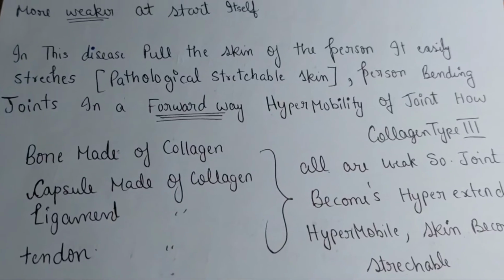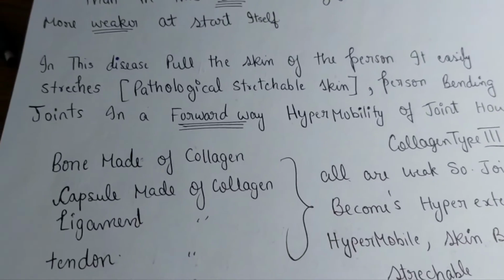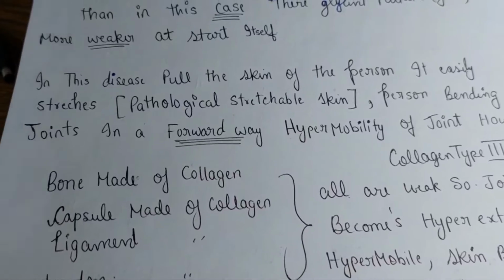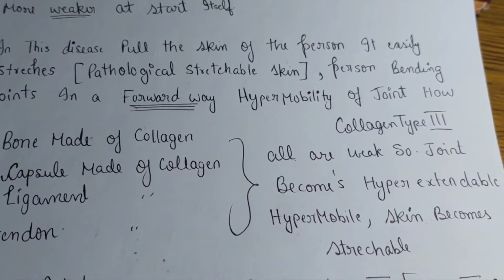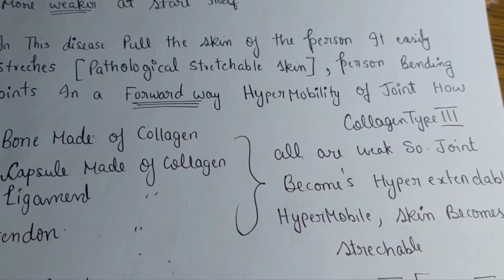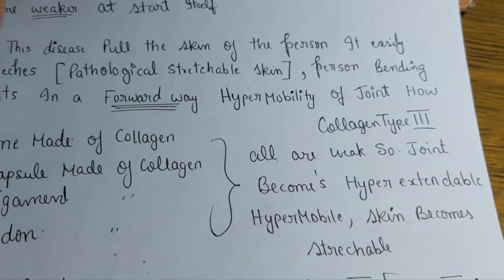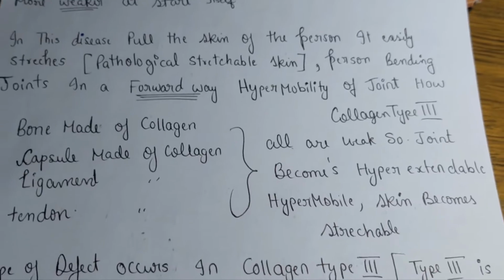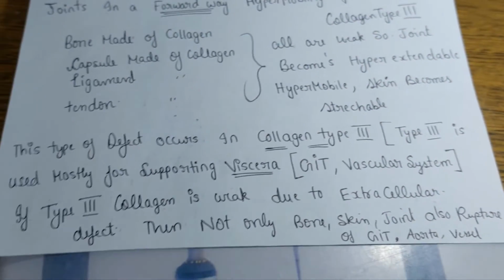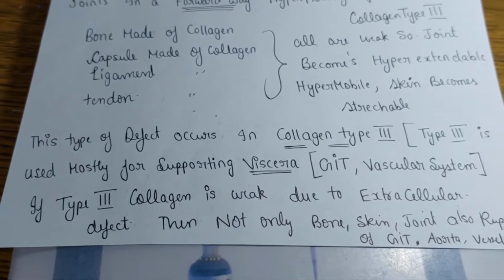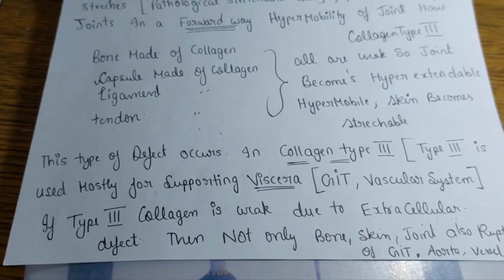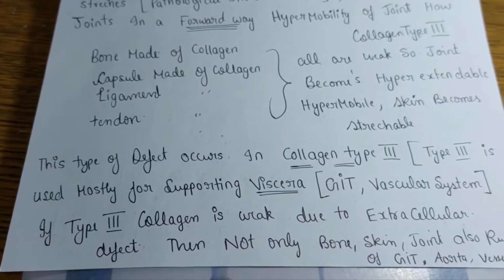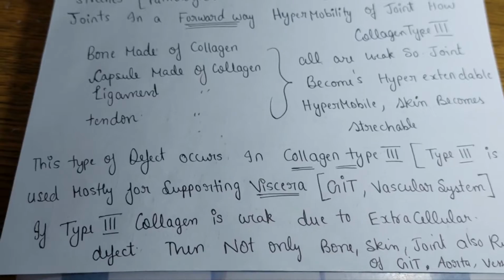There is pathologically stretchable skin, and the bending of the patient's joints is also hypermobile. That is, you can even bend the joints forward more than their limit. This is because bones are made of collagen, the capsule is made of collagen, and ligaments and tendons are also made of collagen, and all are weak, so the joint becomes hyperextensive and hypermobile. Not only this, collagen type 3 is used mostly for supporting the viscera like the gastrointestinal tract and vascular system. So if collagen type 3 is weak, there can be a high risk of rupture of the GIT,